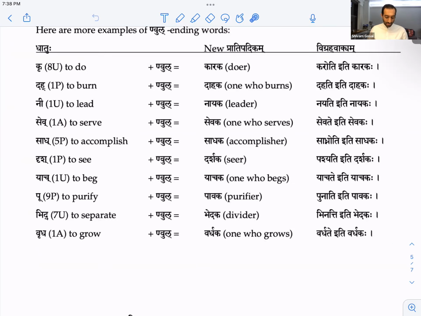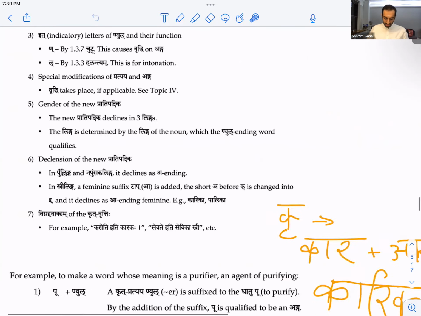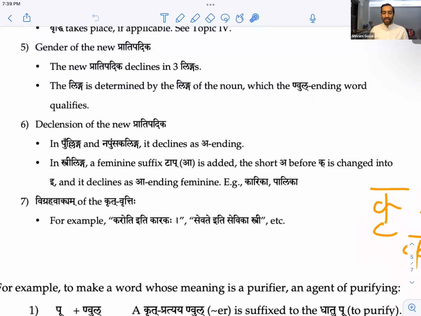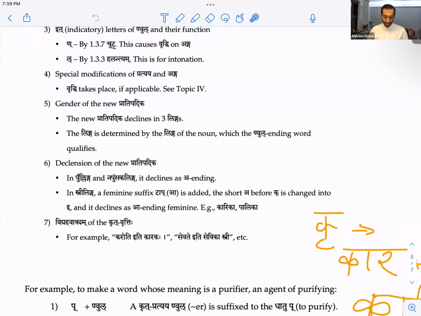One thing I promised but we didn't do is how to make the strilinga version of nvul. We didn't get to see this last time. I'm going to read it here quickly, and then I'm going to show you how it's done. So in strilinga, in the feminine, when I'm doing nvul, just to remember,